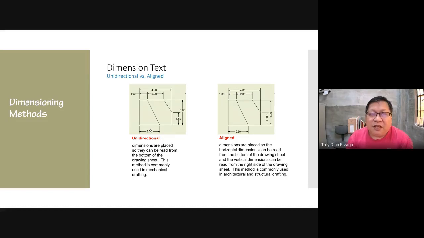So even if the object dimension or the line dimension is vertical, the text is still horizontal. Even if the dimension is angled, the text is still horizontal. The other one is that the text is aligned with the object, or aligned with the dimension line. So you see here a very clear example.